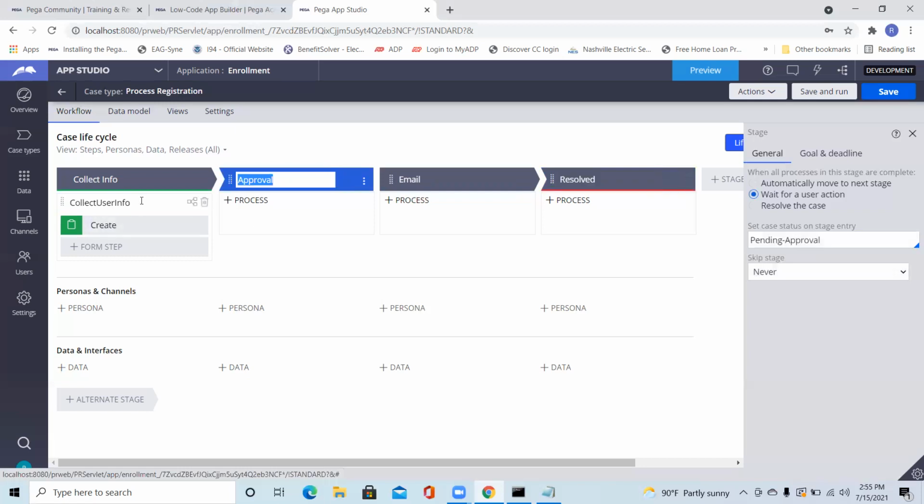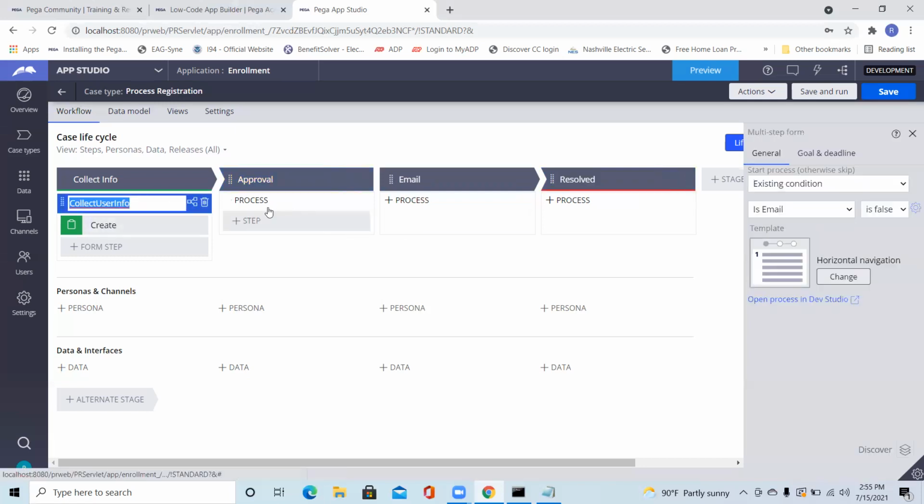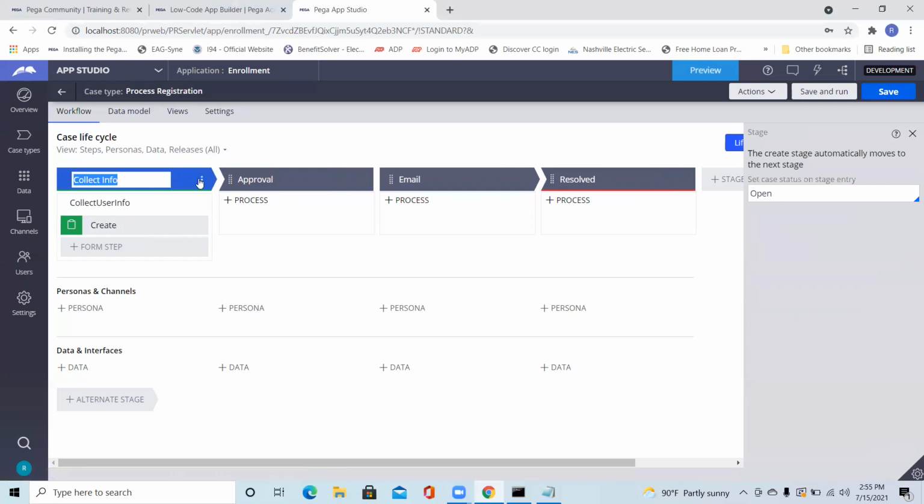Okay, but it's not showing down. Why? What down? This one? Collect info. No, collect info in the right corner. It's showing open. It's not showing down. Why? Where is down? I didn't get your question. No. You have mentioned the collect info is open, right? This is the status. Once the work object is created under this case, it will go to the collect info stage. Once it is in the collect info stage, the status of the work object will be open. Okay. I can say case status.